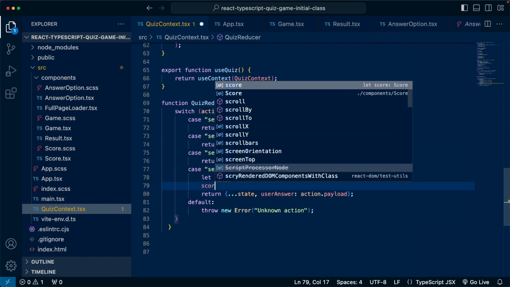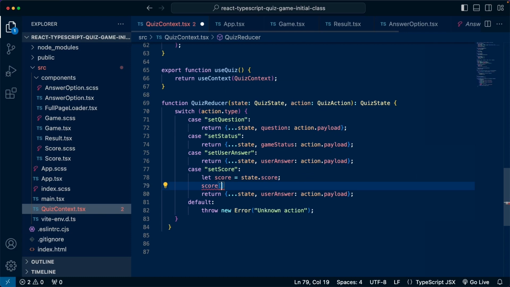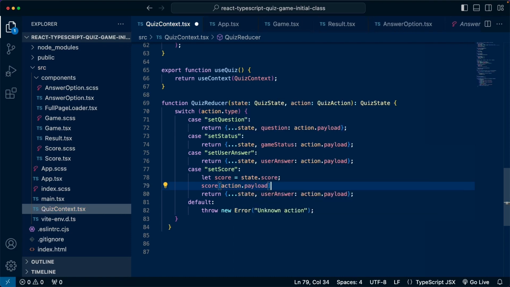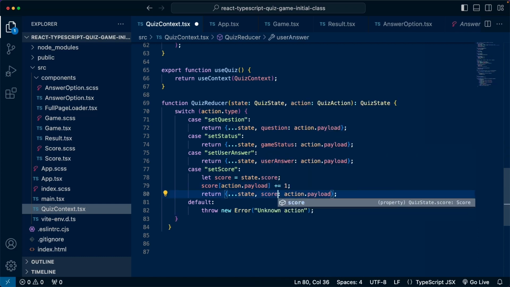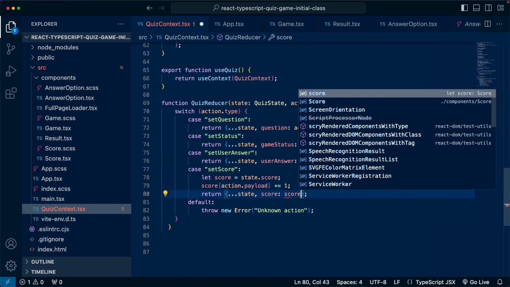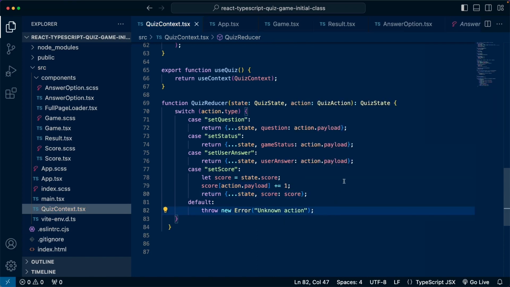Now we can do score and then use what we have in the action.payload as a property of this object. And then we can add 1 to whatever value it is now. All right, so now we can just return a new score and we can use the score. So we can save this, and this is not going to work yet because we are not dispatching